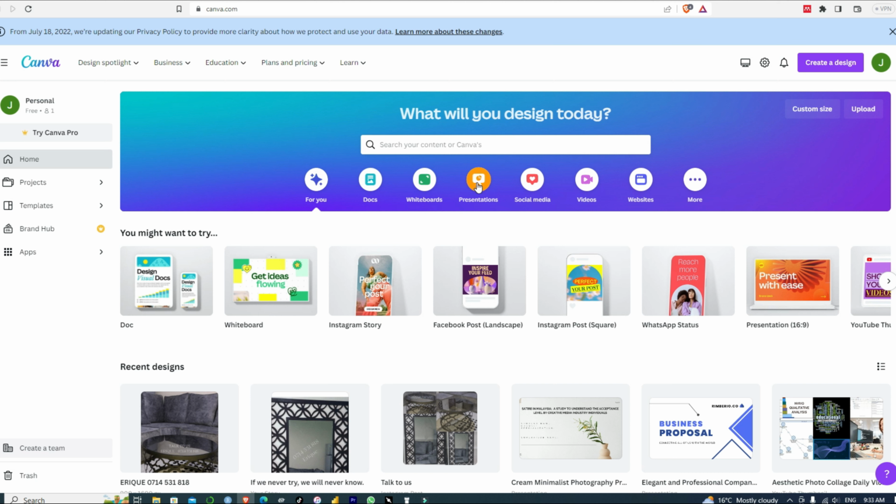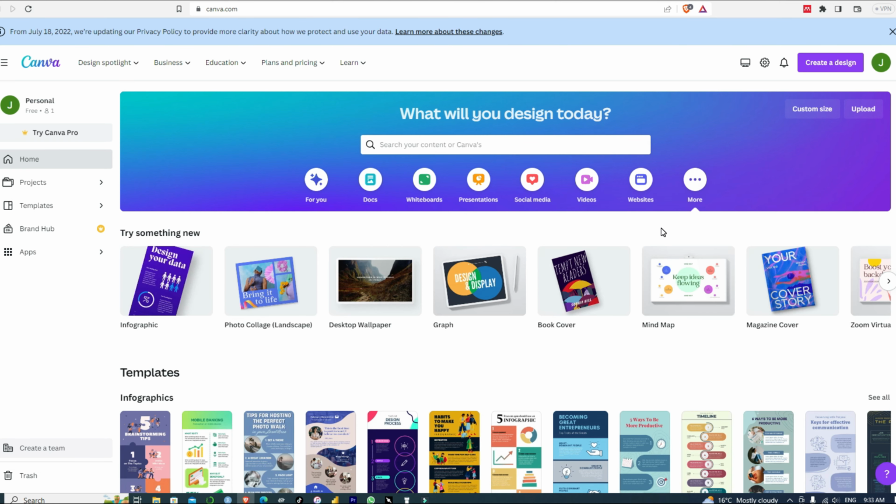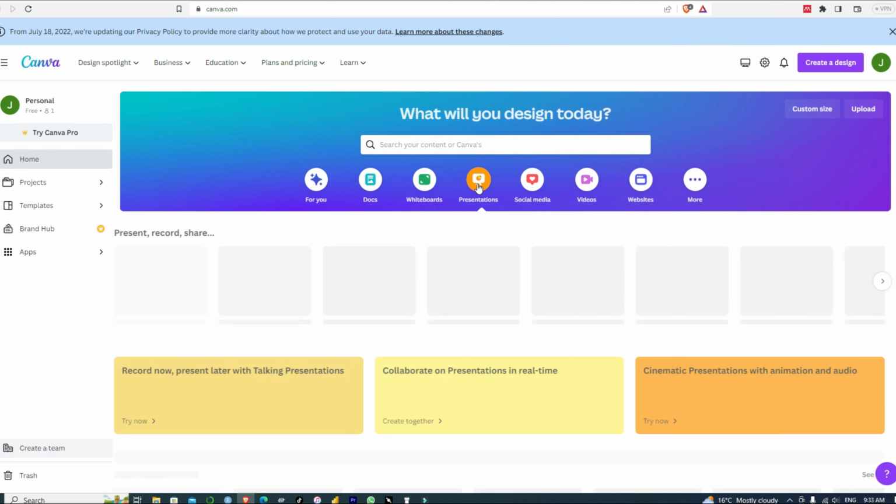So you're going to click on the various links here. The first is creating a document. The second is creating whiteboards. Third, presentations. The fourth is social media platforms, and going on until there are more details here. So what I'm going to select, this Canva can be used even to create brochures and all those infographics. So I'm going to create presentations,